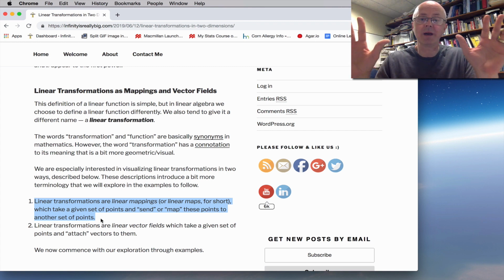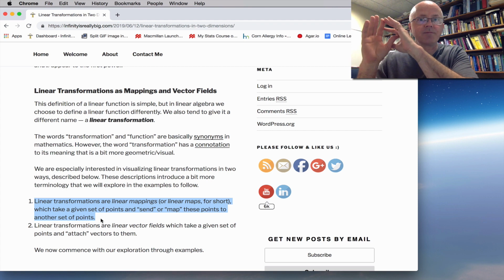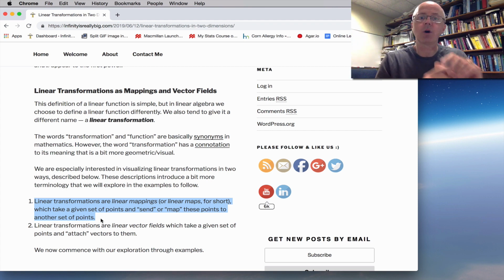The domain and codomain are both the plane in this example, so they're the same thing. However, we are thinking of the domain sets as being mapped to the codomain. You'll see what I mean here as we get into the examples. That is the most important way to visualize linear transformations, but I also do want to talk about another way